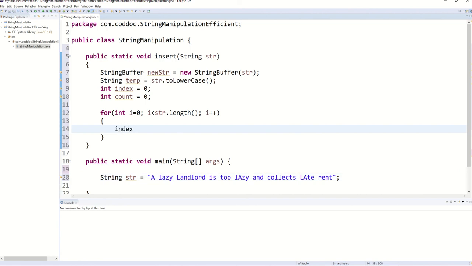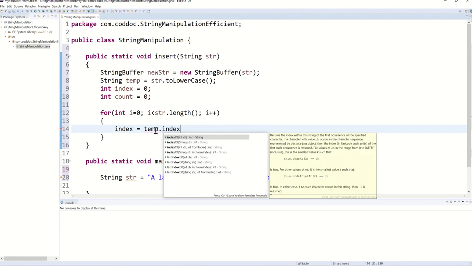I'll say index equals, since I have stored the string in temp as lowercase, everything is lowercase. That way this will accommodate the case sensitive issue, like I said before. So I'll just say index equals temp dot